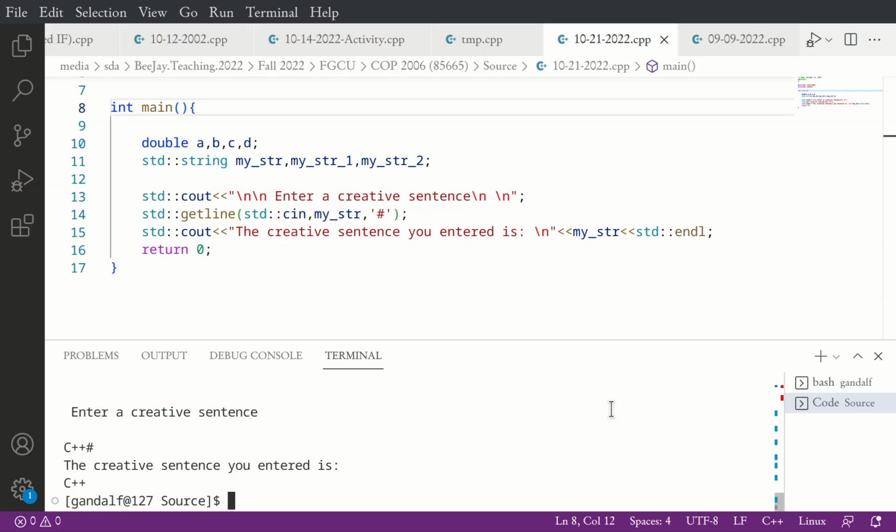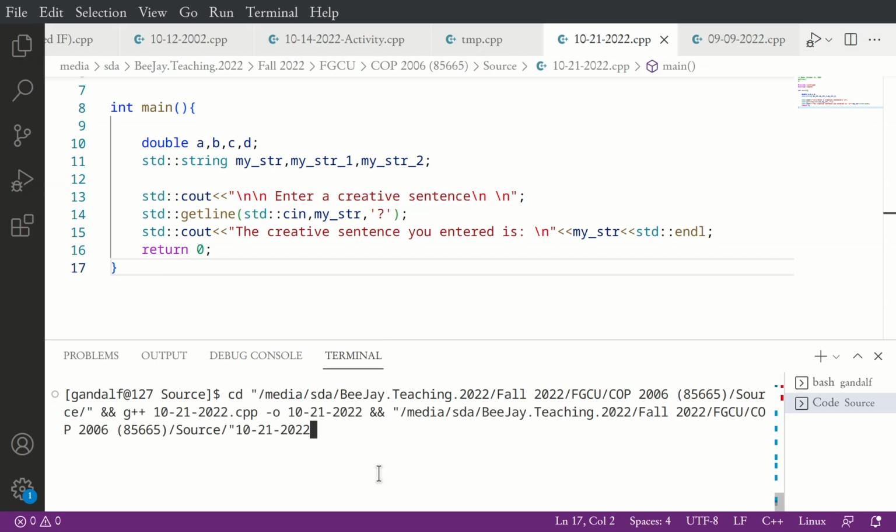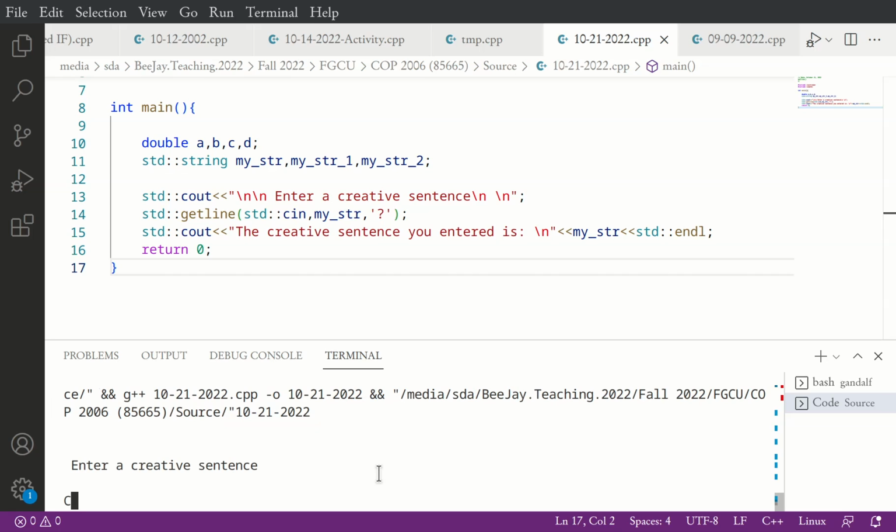You can use a delimiter such as pound, you can also use another special character. Give me another one, you pick. A dot? That would be a problem because we use full stop, period, right? Something else. Question mark, okay. Let's see if that works. Enter. C++ is not an interpreted language.